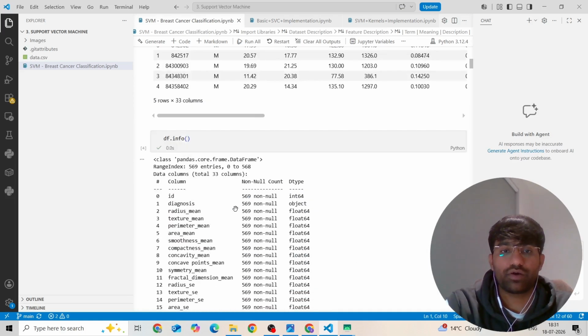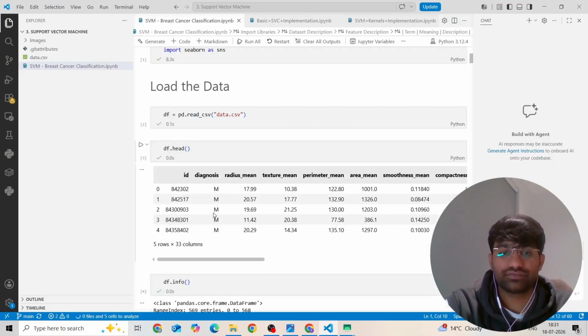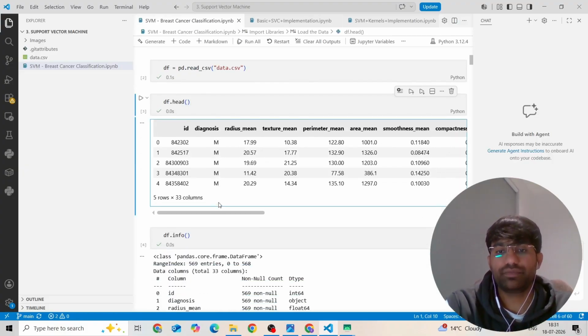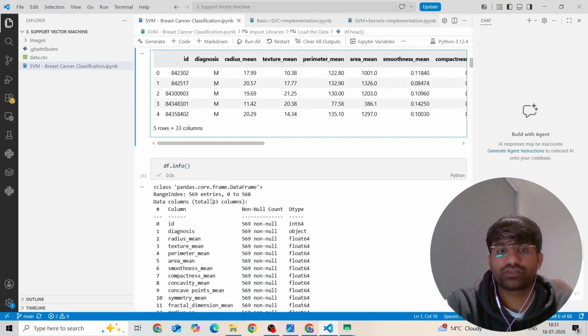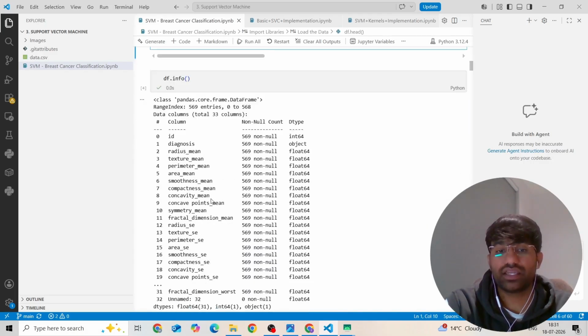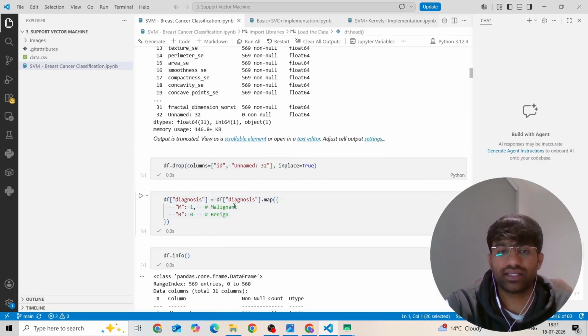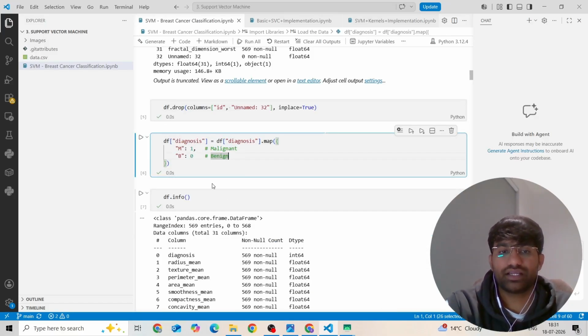So our data is categorical here. You see M and B. This is categorical data. So I have done label encoding to convert this data into numerical. For malignant, if the patient has cancer, it is 1, and if the patient doesn't have cancer, it is 0. Okay, so it is binary classification. 0, no cancer. 1, has cancer. I have converted it into numerical